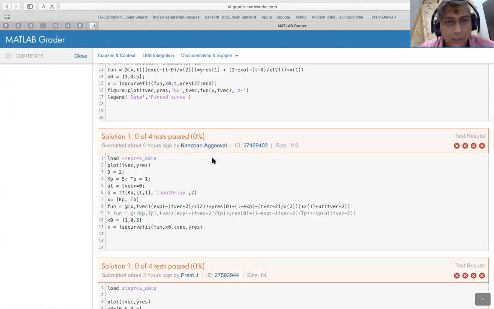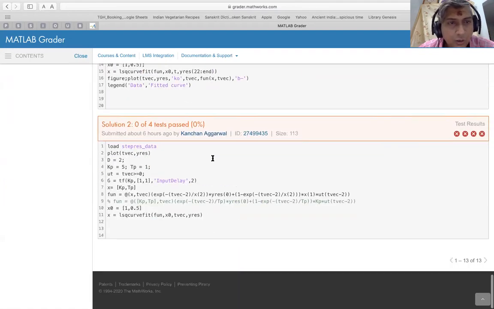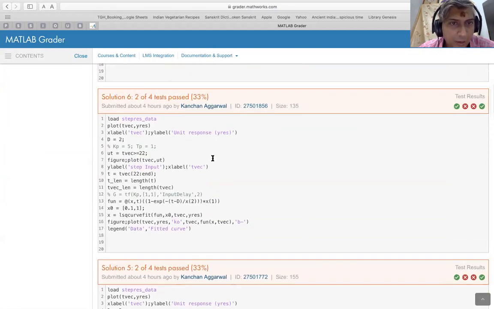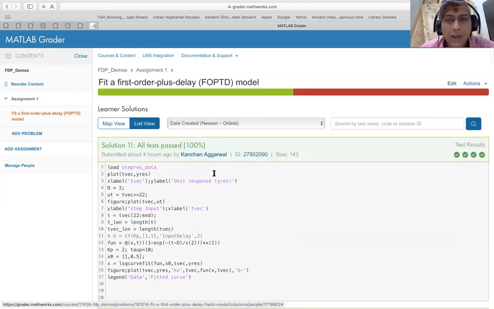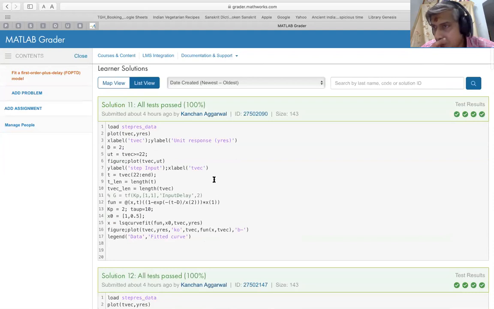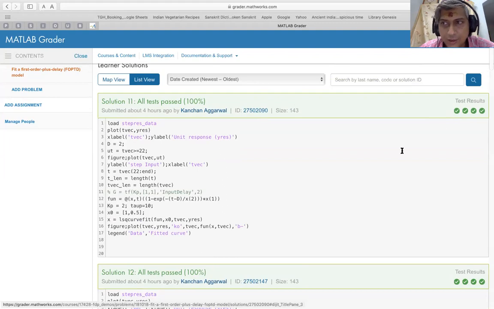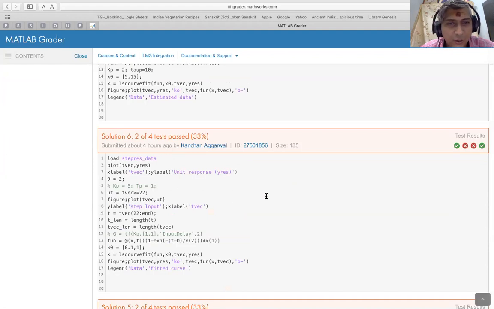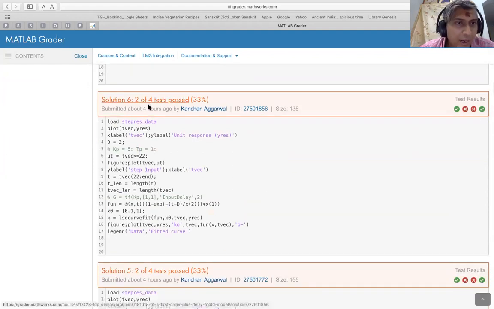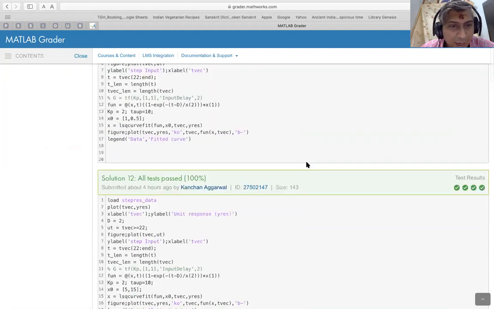these are all the solutions submitted by the user, and it shows how many attempts a particular user has made. So for example, this particular student has made 11 attempts, and in each attempt, whether she got it right or not is indicated in the green tick marks here. Obviously, these are all trials, so they should not be used to gauge the student per se. So for example, in the 6th attempt, she got only 2 right out of the 4, whereas in the 11th and the 12th attempt, she got all the 4 right.